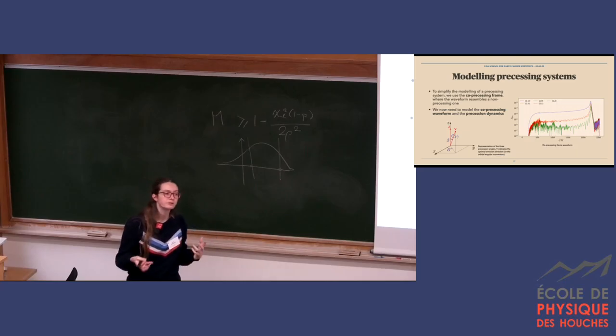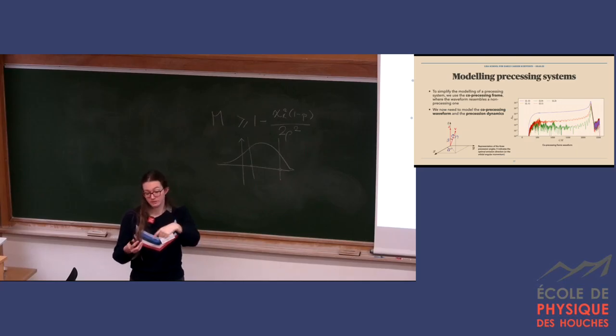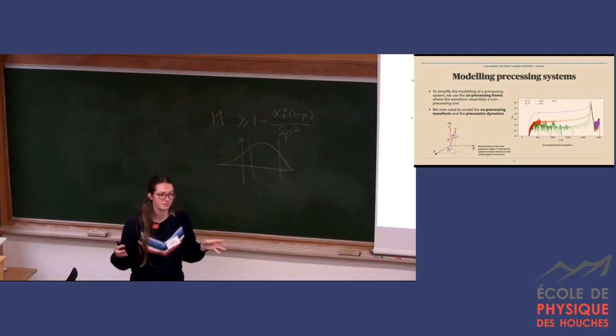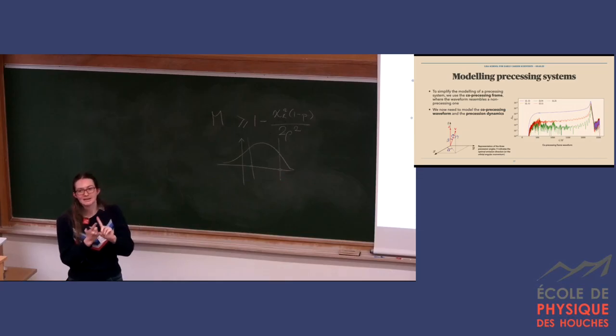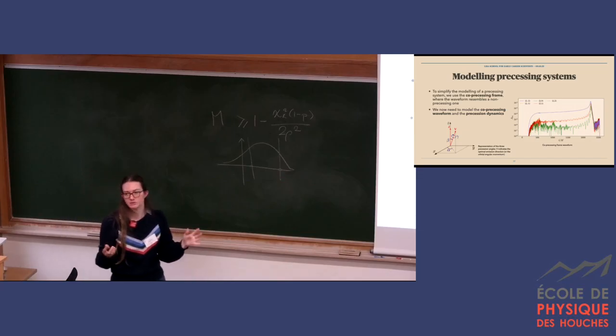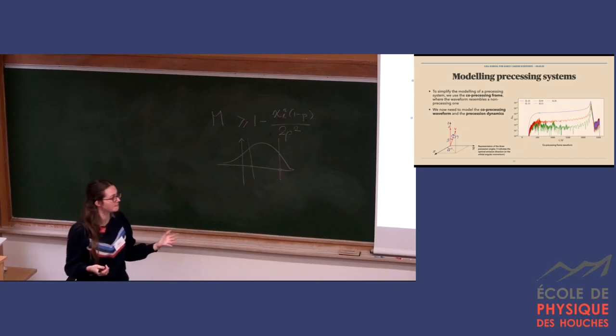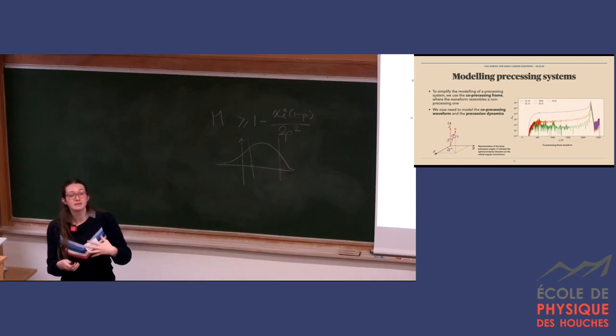You can also, for example, track just the direction that is perpendicular to the plane of the binary. For example, if you're using post-Newtonian theory, you have an expression for the orbital angular momentum. This is approximately perpendicular to the plane of the binary. These two directions are not exactly the same, but they serve the same purpose when we're modeling. Now we transform into this frame where the majority of the power is once